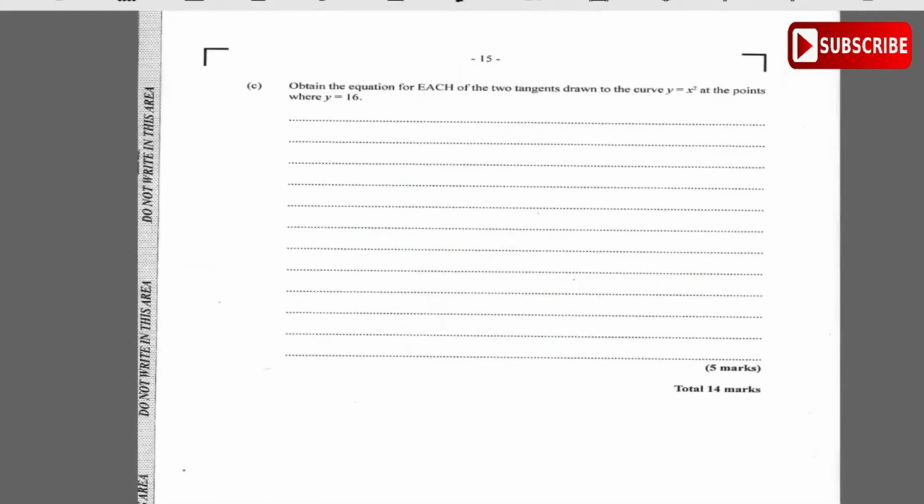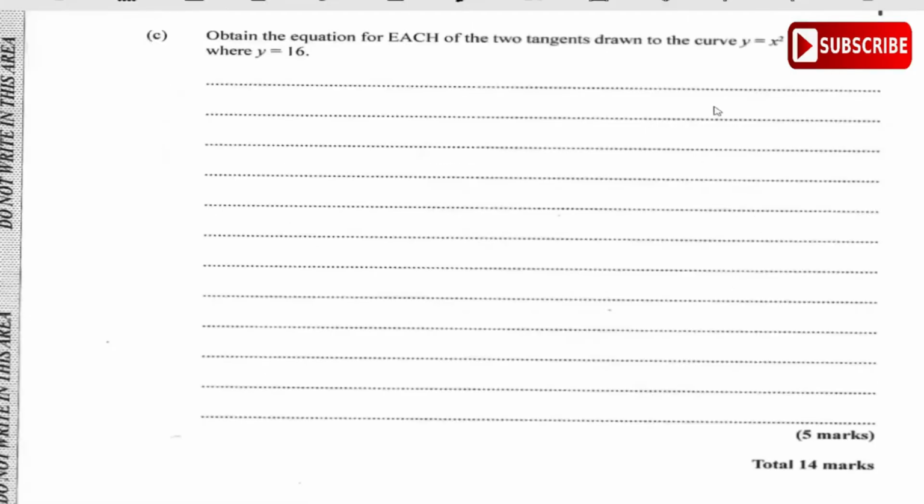Now this part of the question says, obtain the equation for each of the two tangents drawn to the curve at the points where y is equal to 16. Obtain the equation of each of the two tangents drawn to the curve y equals x squared at the points where y is 16. Okay, I understand now. I didn't like the wording at first, but if you think about the curve y equals